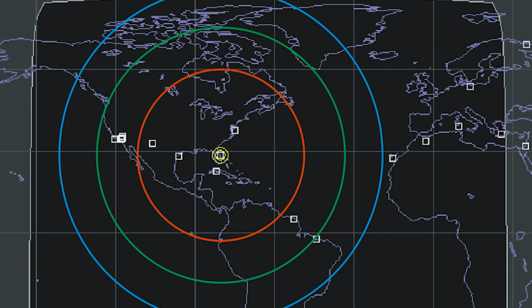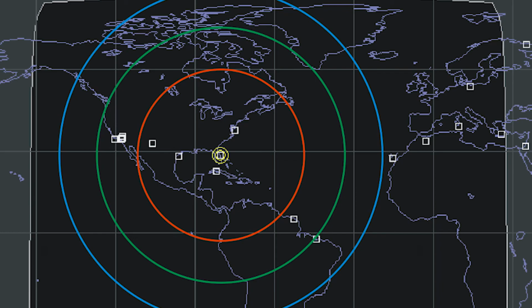So the red circle is indicating the absolute closest that we could hit the atmosphere and have time to slow down, re-enter, and land immediately. But if you're right on that red circle, it's going to be a pretty aggressive braking maneuver. So ideally, you'd probably want to come in around the green circle, or maybe somewhere between the green and the red would be okay. But that would give you plenty of time to slow down, re-enter, and land.